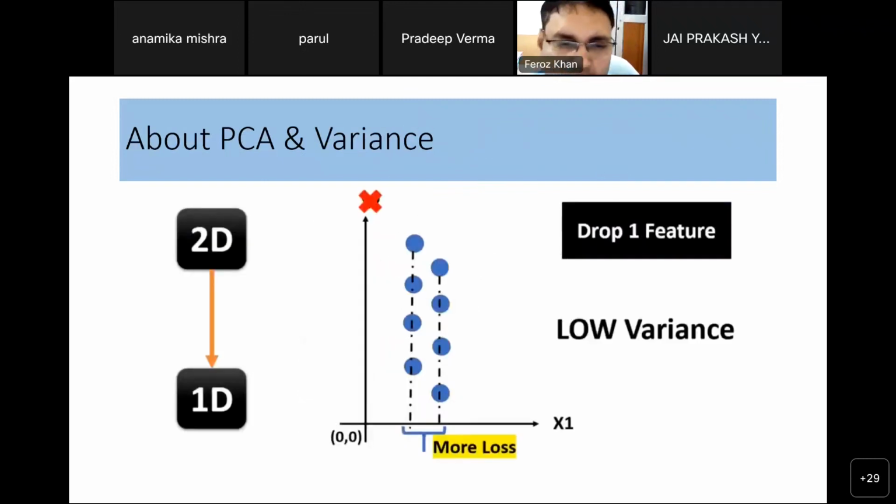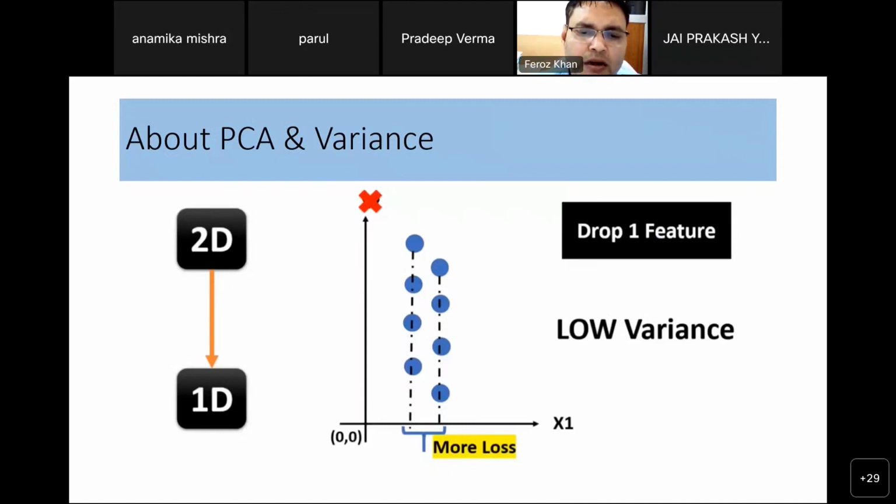So how can we do that? We will try to show you the representation. In this diagram, you see there are starting data points x and y, and some data points are already mentioned here, represented by blue color, and perpendicularly we plot the points on the x-axis. You will find the distance between the data points. This distance is basically called variance. Compared to the y-axis, the x-axis shows very little distance. That means very low variance.